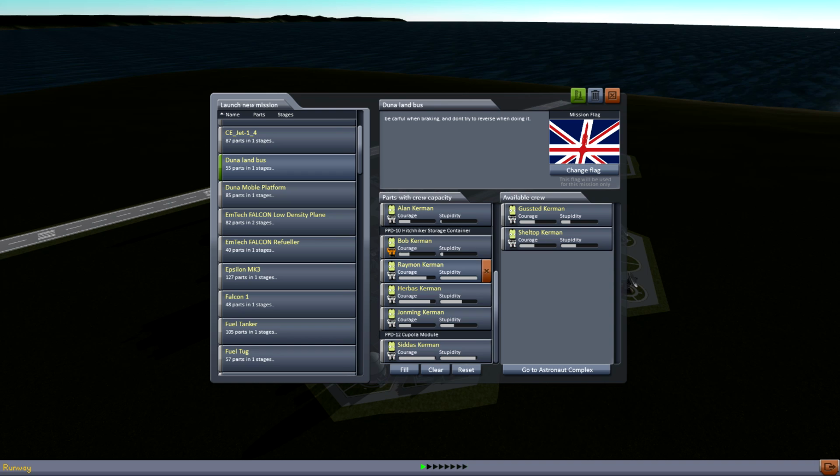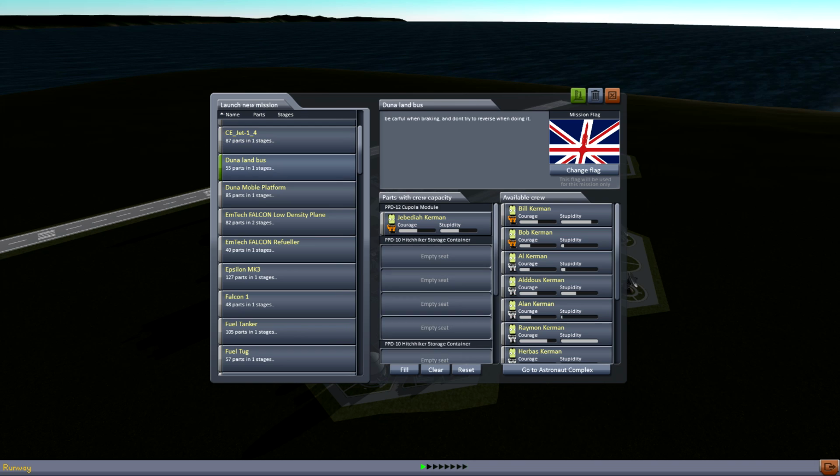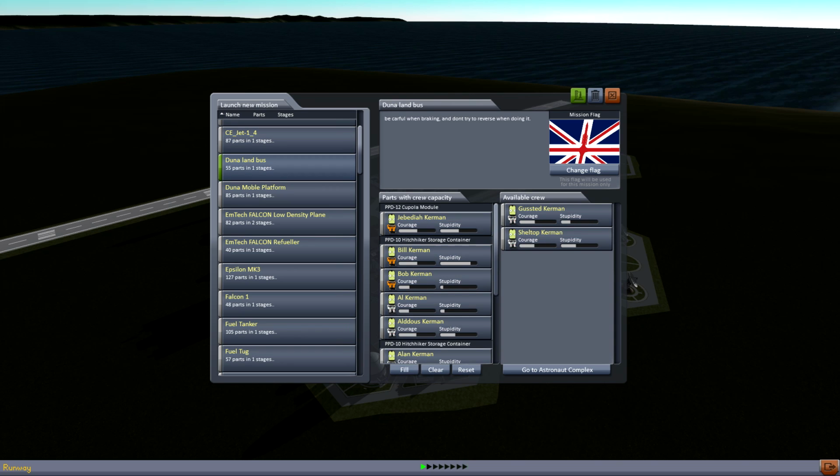Phil. There we go. Be careful when braking and don't try to reverse when doing it. Oh, I didn't even read... Ah, he left no description. Okay. Phil. Be careful when braking and don't try to reverse. I'll keep that in mind. The Duna Land Bust. Bust? The Duna Land Bus. Submitted by...